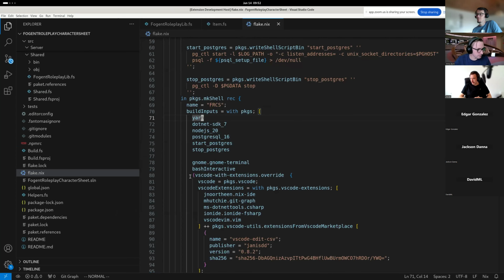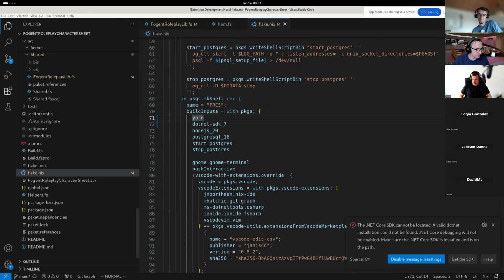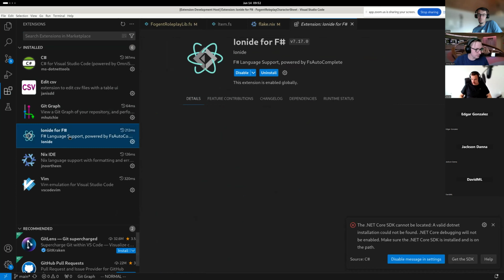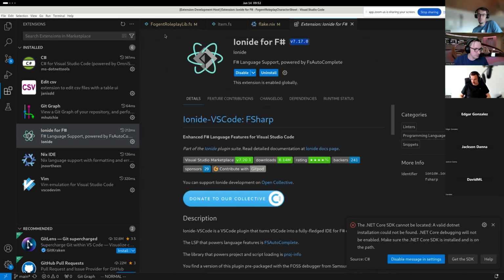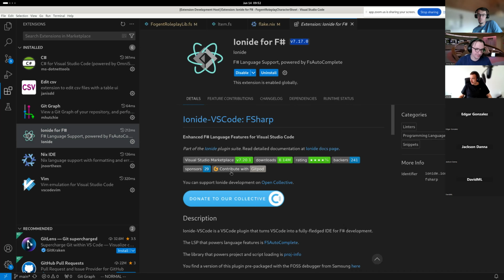Is there a way to validate that this current version of Ionide in here is the version that was built from what we just built, not just whatever I gave it with Nix? Yeah, I haven't had a problem with it, but I don't know if Nix would. Well, let's run until we hit it. I guess it'll be obvious when we start changing stuff. Yeah, we could change some text in here, right? And it'll be pretty obvious, or add a different log statement or something.